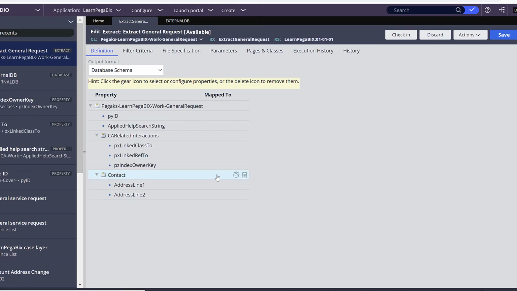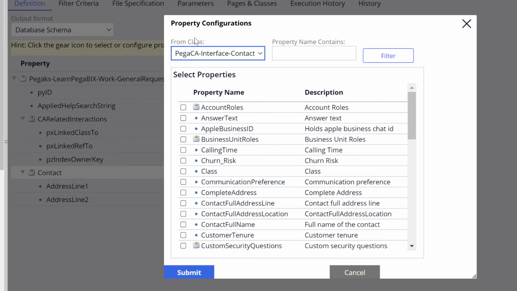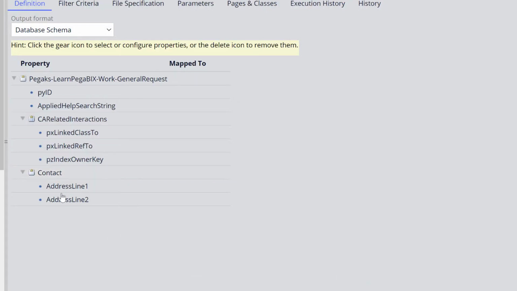If you see the page property, there is no to table option for your page property, which means whatever properties are included under your page property, that data should also go into your main table.